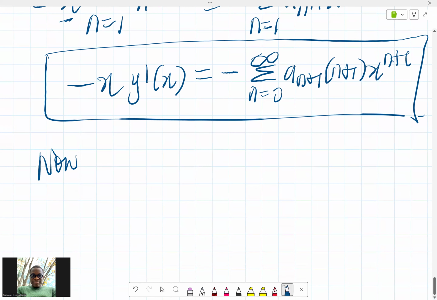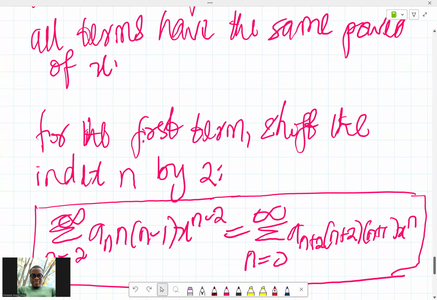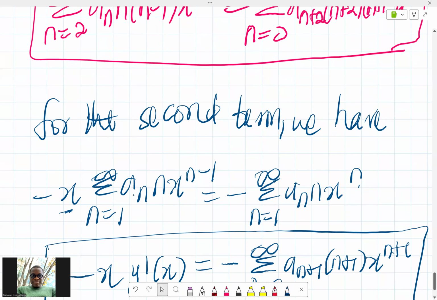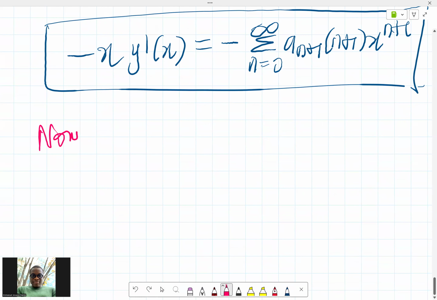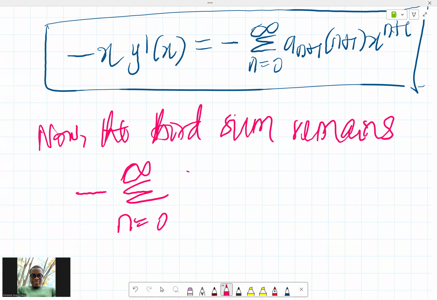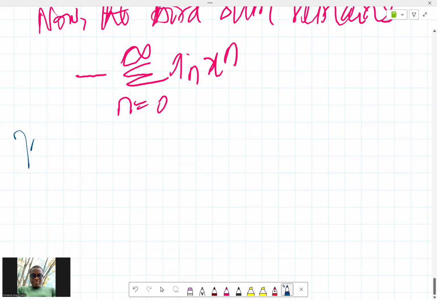Now, the third term remains the same, right? Because it has power x raised power n already. So we don't want anything having negative power. I think that's basically the deal here. So now the third sum remains the same. It remains minus summation from n equals 0 to infinity of an x raised power n. So that remains the same. Thus the equation